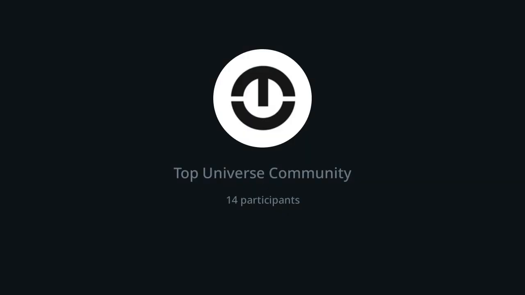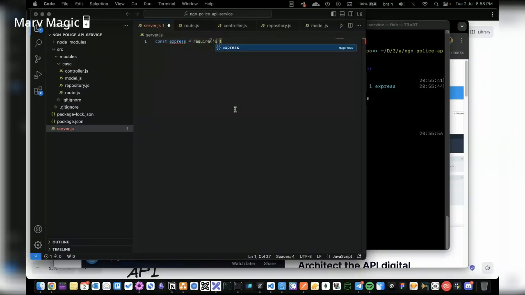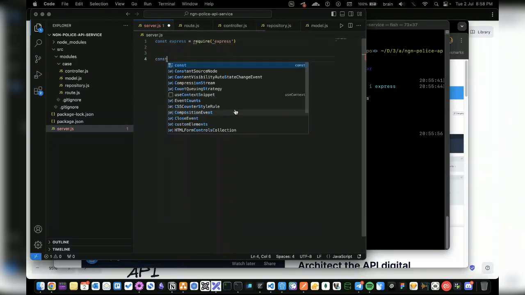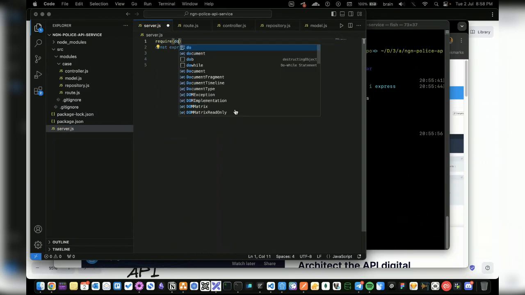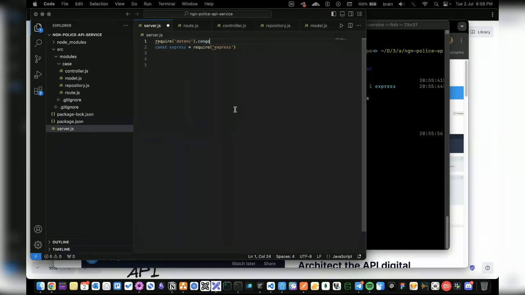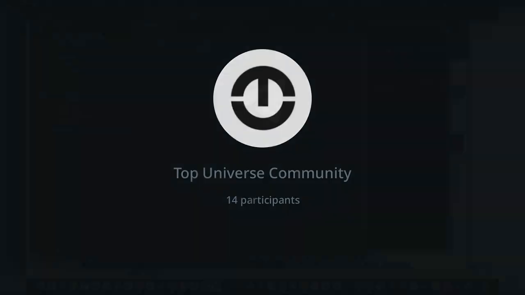I already installed express, by the way. So I can also say const... what do I need to bring in here? Maybe dotenv, although I haven't installed that just yet. Configure. Is it config or what? Probably just config. I can't even recall, but I'll check that.